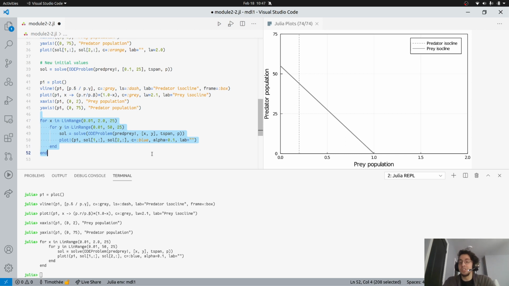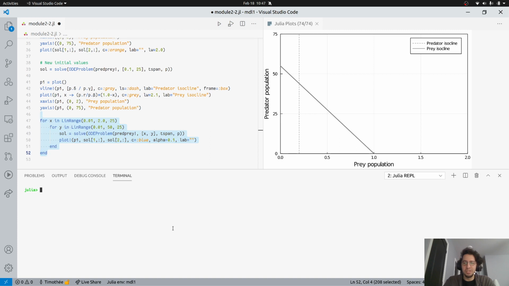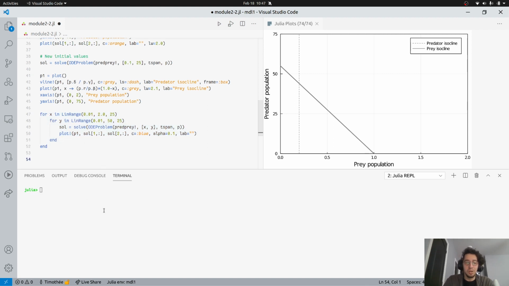Most of the time here is going to be spent plotting, by the way. Plotting is something that is difficult for a computer to do, and it's time consuming. It's also difficult to optimize, and so most of the time in loops is going to be spent plotting. But if we then call P1,